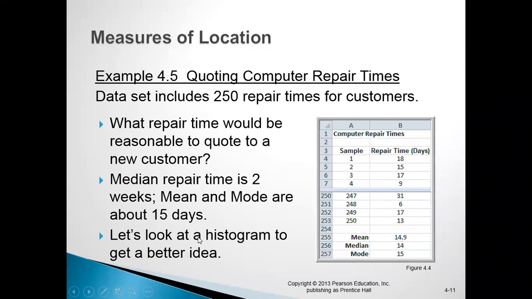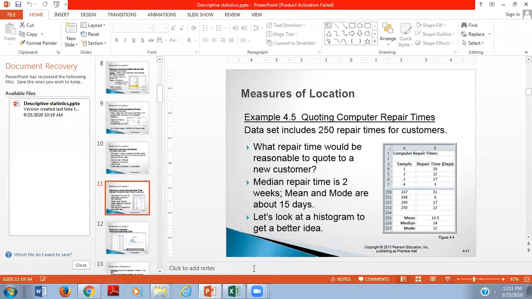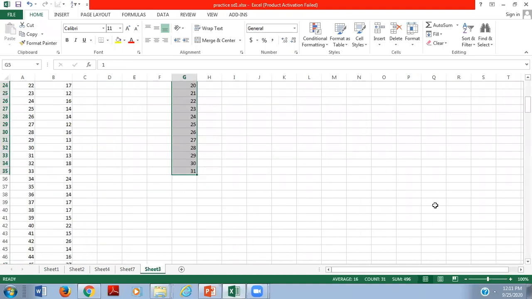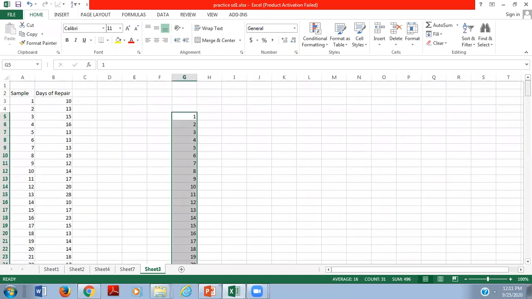So first we're going to see a particular concept over the Excel sheet. That is the major thing that you all have to learn in this particular example or subject. We have to see how you get information over a particular Excel sheet. So now in front of you, there is a sample and there are days of repair of a computer.